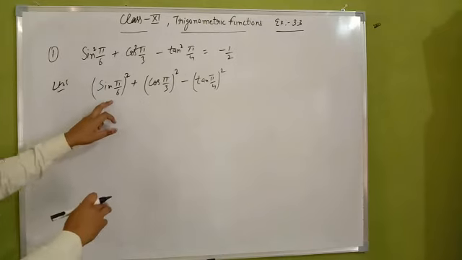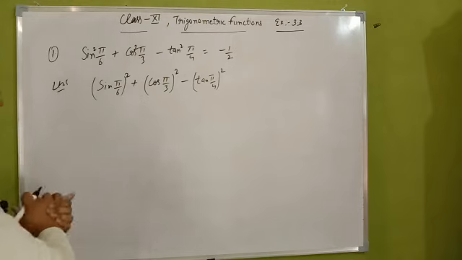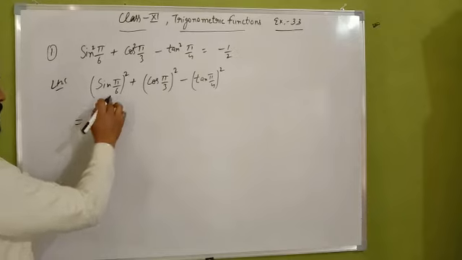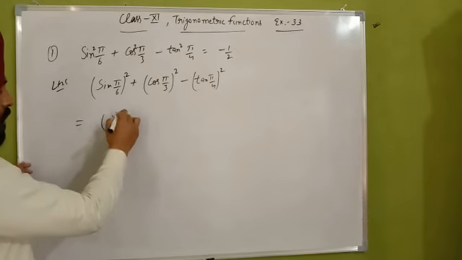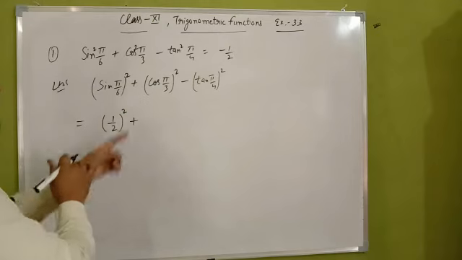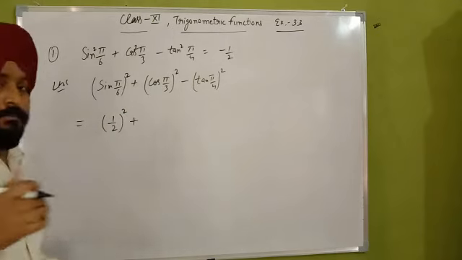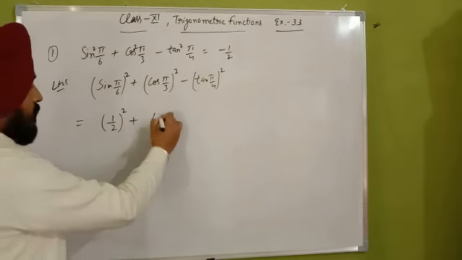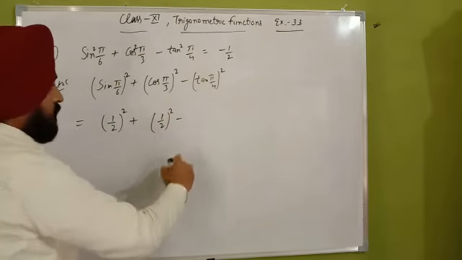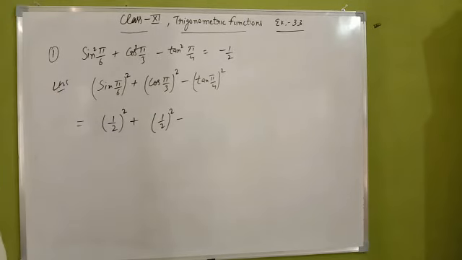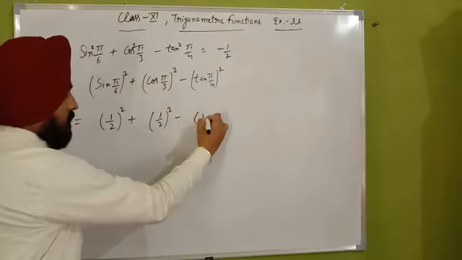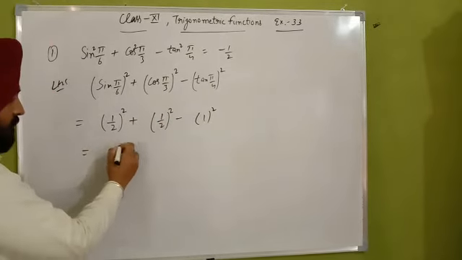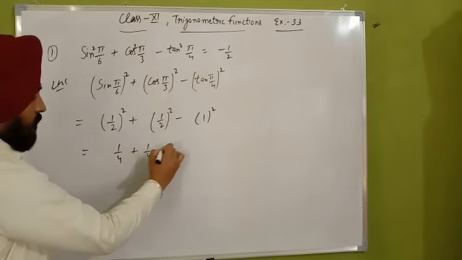Now as you know the value of sine pi over 6, pi means 180 degree, 180 degree upon 6 means 30 degree. So sine 30 degree value will be half, and cos pi upon 3, pi means 180 degree, 180 degree upon 3 is 60 degree, cos 60 degree is also equal to half. And we know that tan pi by 4 always gives you value 1. Since they have their square values, you have to put square as it is. Understood? So that is 1 by 4 plus 1 by 4 minus 1.